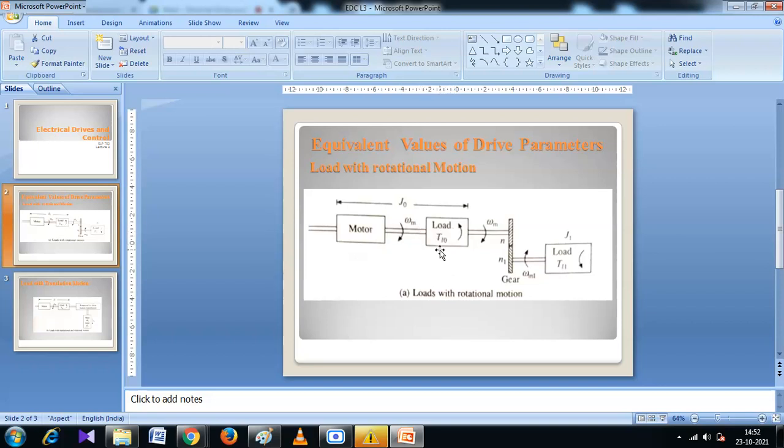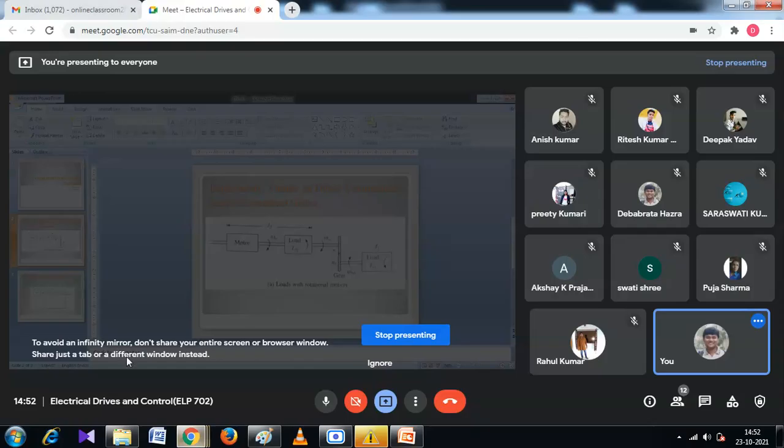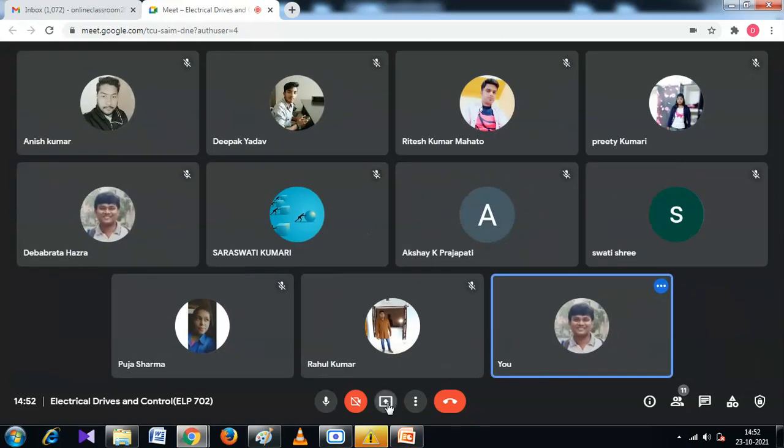The load torque of the first load is TL0, the number of teeth of the first gear is N, and the number of teeth of the gear connected to the other load is N1, and the moment of inertia of the second load is J1. Now we can write from that diagram